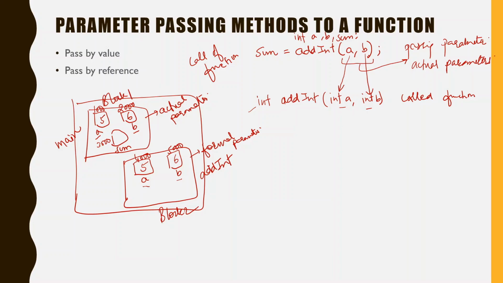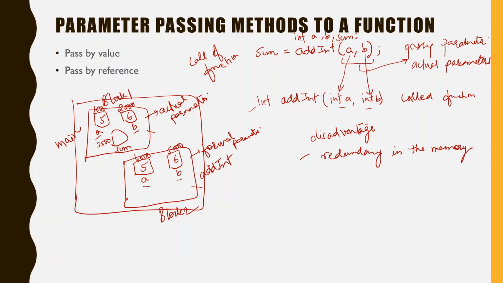So there is a disadvantage also. What is the disadvantage? There is redundancy in the memory. Suppose there are only two parameters, and suppose you have an application where more than 100 parameters are required, and even an array of very large elements is required. What will happen? A copy will be created every time. You will have the memory required here, and the same amount of memory will be required here also, because the values will be copied. A copy of the value is created, so there are two copies.